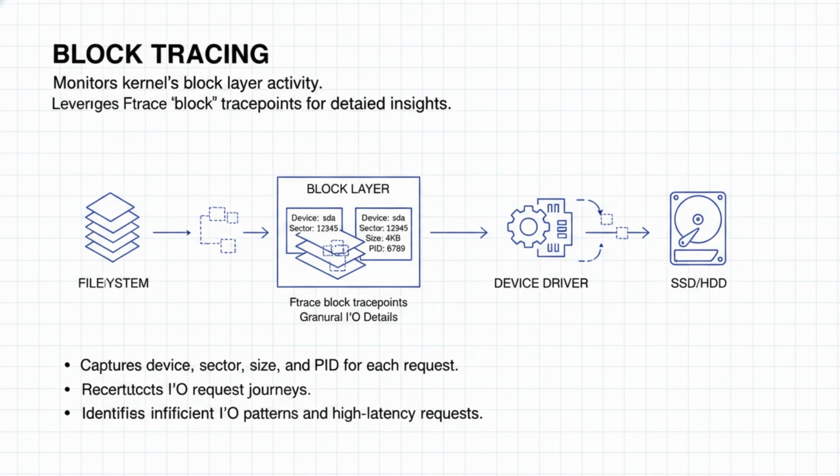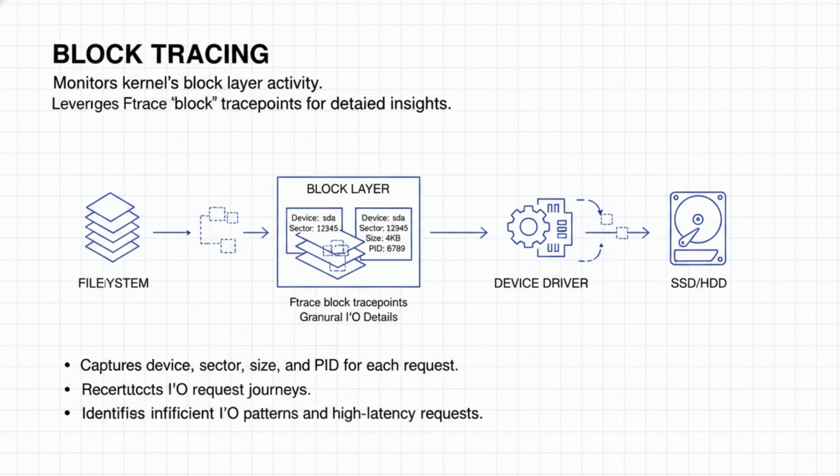This layer is crucial because it aggregates, orders, and dispatches I/O requests to physical disks or storage arrays. When we talk about block tracing in the context of Ftrace, we are leveraging Ftrace's block trace points to gain unprecedented visibility into these operations. Specifically, these trace points allow us to see not just when an I/O operation starts and finishes, but also details